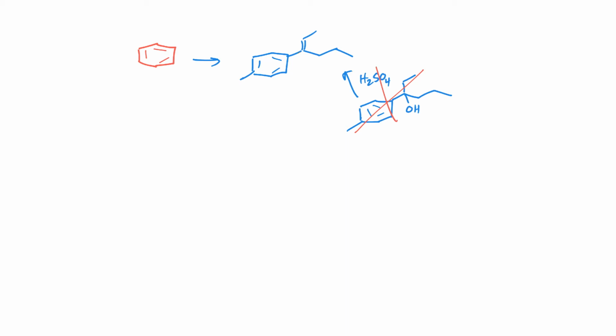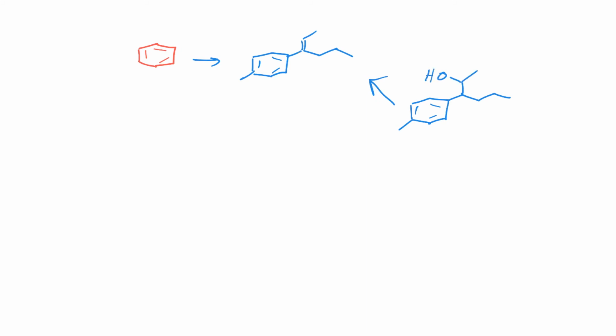Let's erase this here. Another way we might be able to work on this. What if we had our alcohol right there? How would we make that? I'm not really sure. Maybe we could make that bond via a Grignard and an aldehyde. I guess it's possible to put a Grignard at this position right here, but I think that's going to take a lot of work. There's another way to make this alkene that I think is probably the best way,